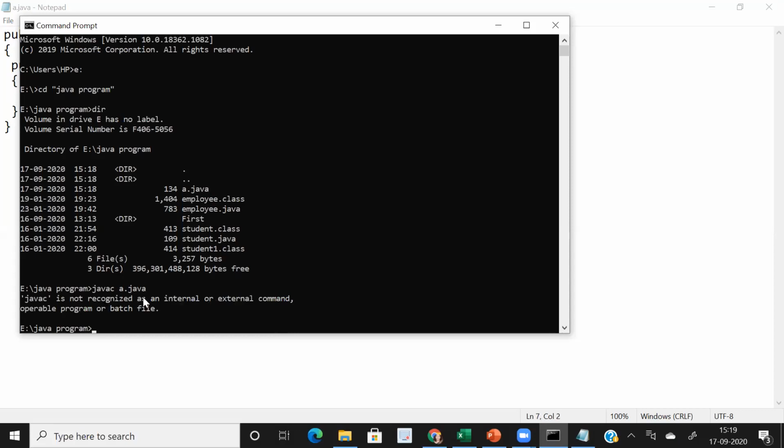So it is showing that there is no javac program because I had not mentioned any path here. First I shifted to the directory, then I shifted to the Java program folder, but I had not set up my path. So I have to set my path, set path equals to